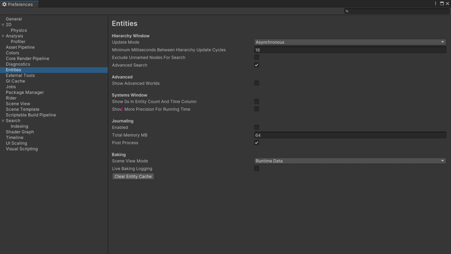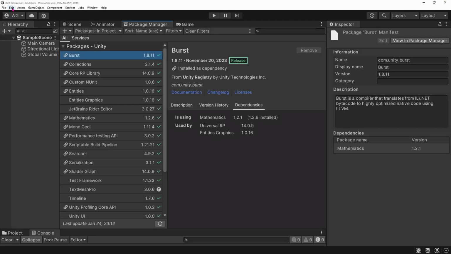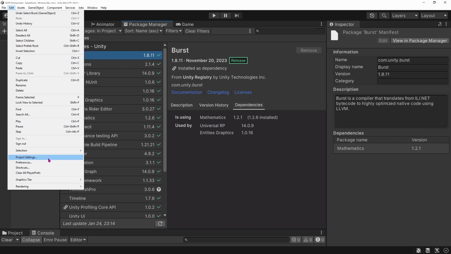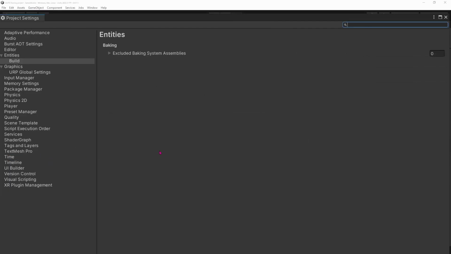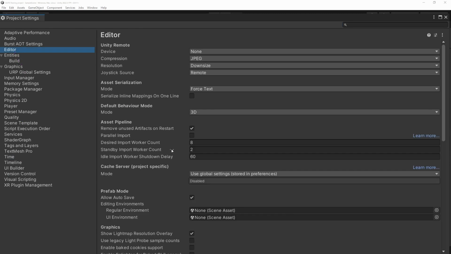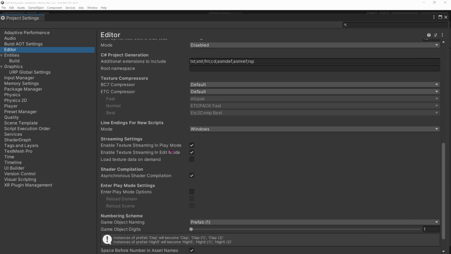Next, what we want to look at is not in the Preferences, but in the Project Settings. In the Editor, you can go down a little bit here, and you can enable the Enter Play Mode options. Basically, this will remove the domain reload and the scene reload when you press play.